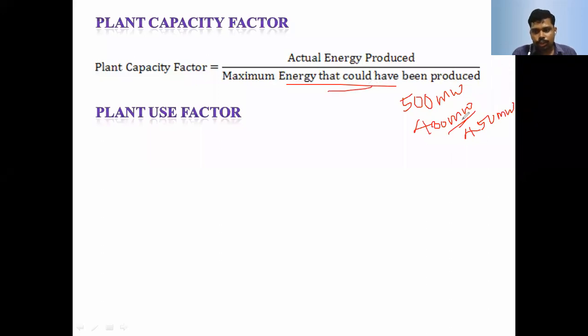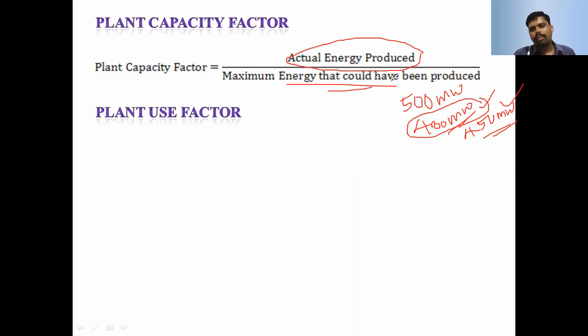That is the maximum energy that could have been produced. Means how much should it be produced? 480 megawatt. Sorry, the maximum energy that could have been produced means 480 megawatt. The actual energy produced should vary on the day or month or year. On the day, how much? Peak load 450 megawatt. That is 450 by 480 megawatt. That is based on whether we take it per day or month or year.